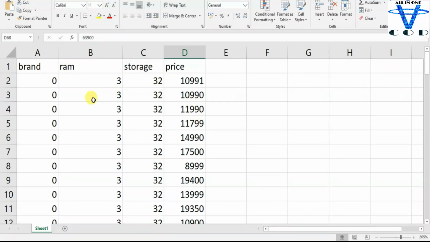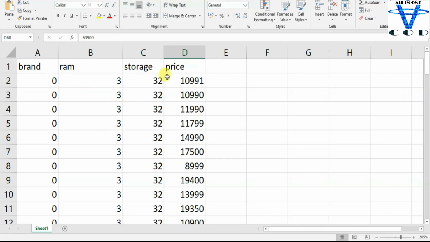You can add as many features in this data as you want, like I just added the brand, RAM and storage. You can add the models, the battery, the year of the mobile, or if you don't like this data you can change it, like predict the price of a laptop. Just add the brand, RAM, storage and all of this, but for laptops, features and labels. And remember, you have to add features first and the last column for labels. Remember, the last column is always labels. First all of these are features and the last one is the label.